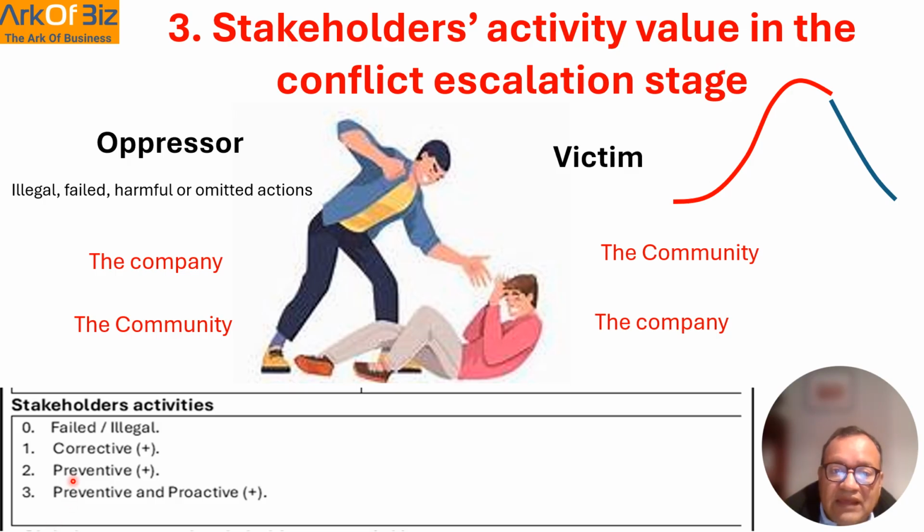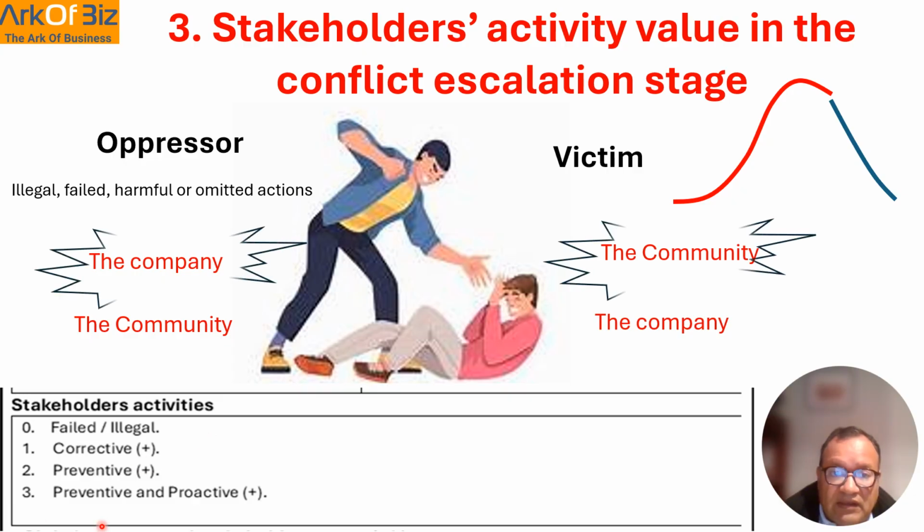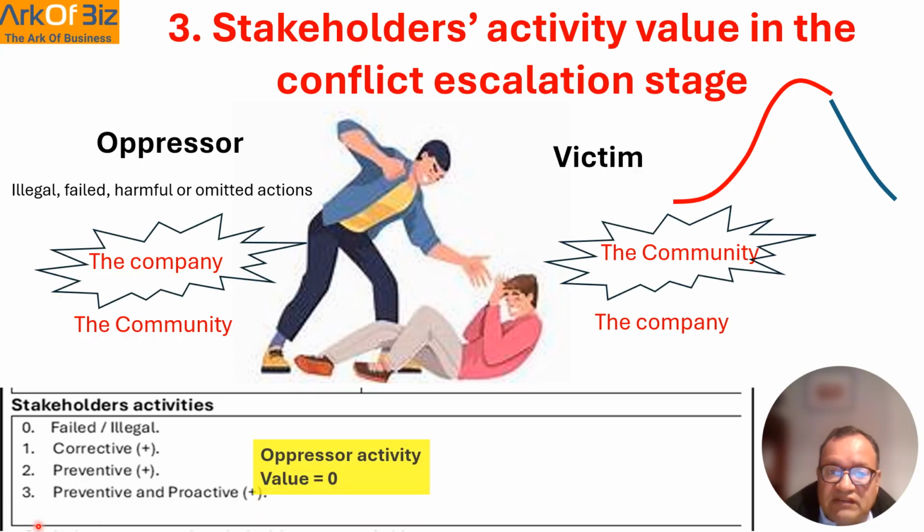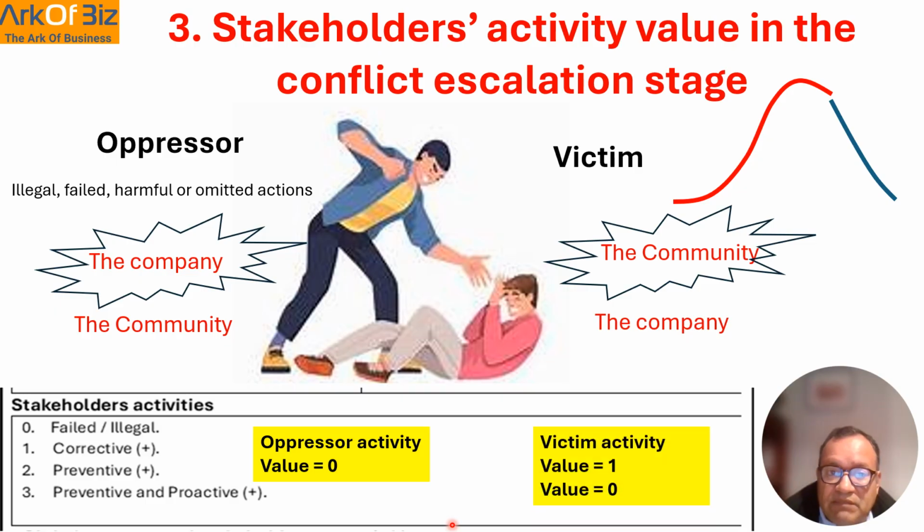So within the ASEC tool, it's essential to identify and highlight the specific activities that trigger the social conflict in the stakeholders activity element. So the scoring follows this logic: the stakeholder who initiates the conflict, which means the oppressor, receives a value of 0 because of their illegal, failed, harmful, or omitted activities. On the other hand, the victim's